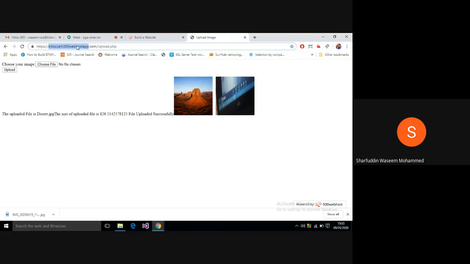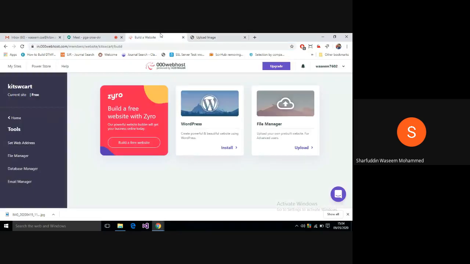Client wants his own web address. Okay, client doesn't want 000webhost as a domain. He wants his own domain, like some restaurant, right, Red Chilies. Okay, they want their own name, but they will never accept a name like this. So that is the reason, first we need to buy the domain name, then we need to get the space, then we have to upload the related files to our web space.